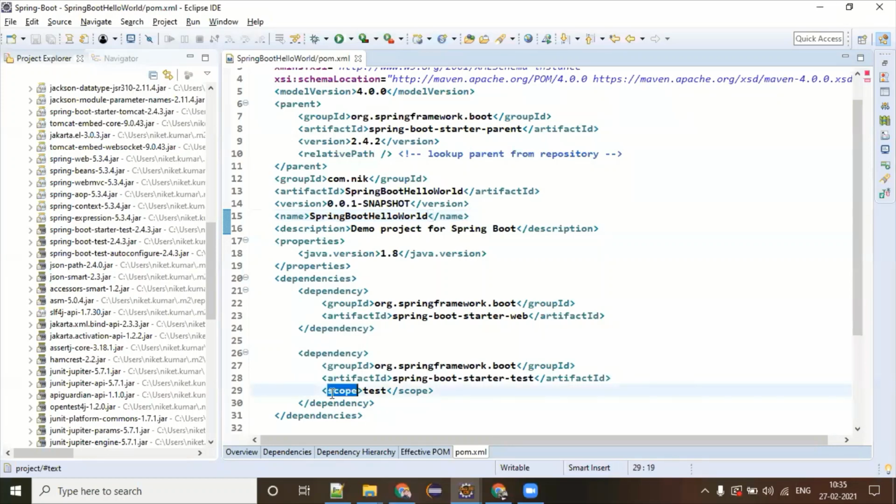You can notice here a scope of test. This dependency has a scope of test. It means whenever the final jar or final war is going to be created, this particular dependency is not going to be part of your final jar or war. Why? Because it has a scope of test.